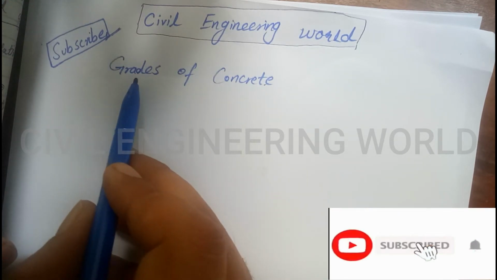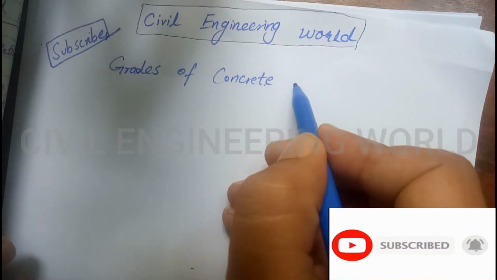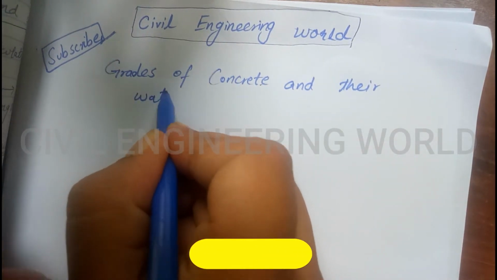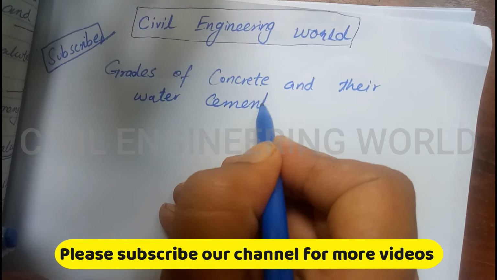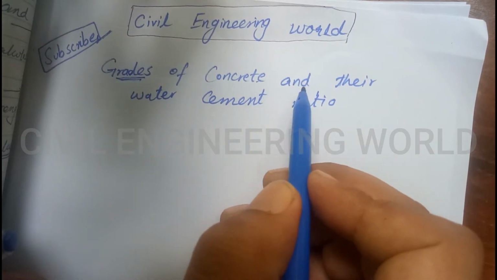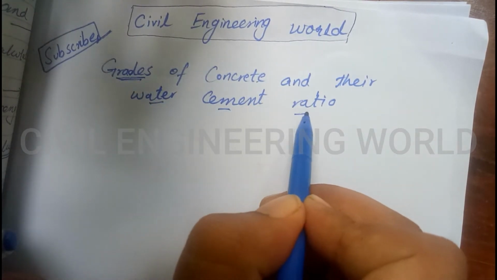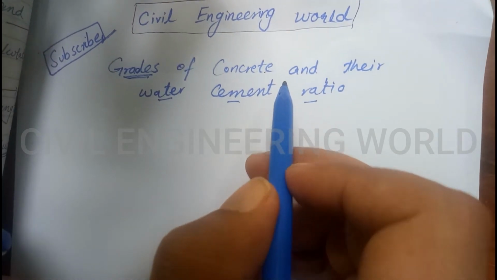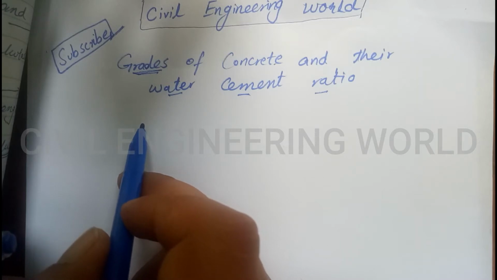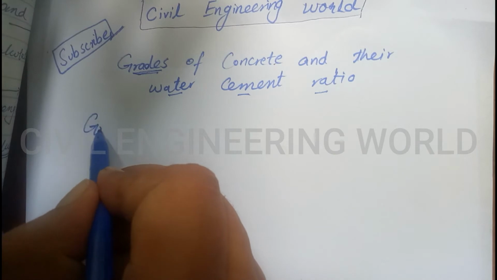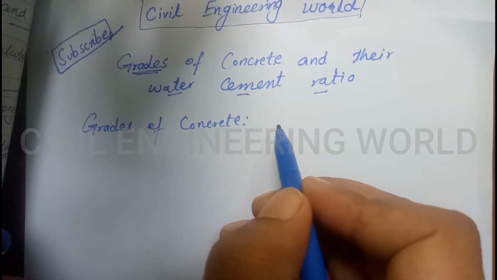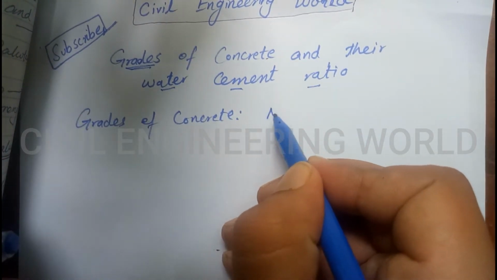So let's talk about the different grades of concrete and their water cement ratio. So guys, there are various grades of concrete and we use different water cement ratios for making different mixes. So first we have to know about the different grades of concrete. There are various grades of concrete that include M5,